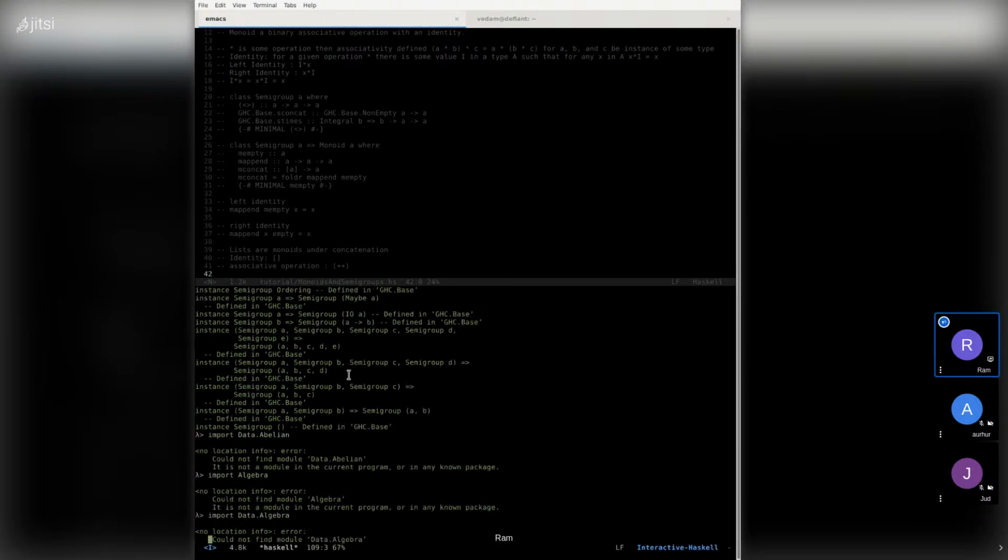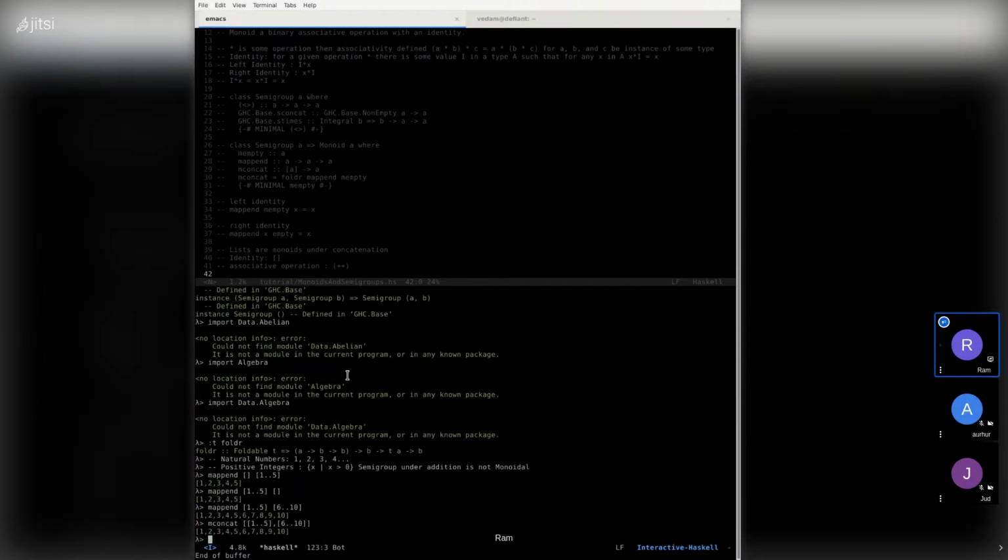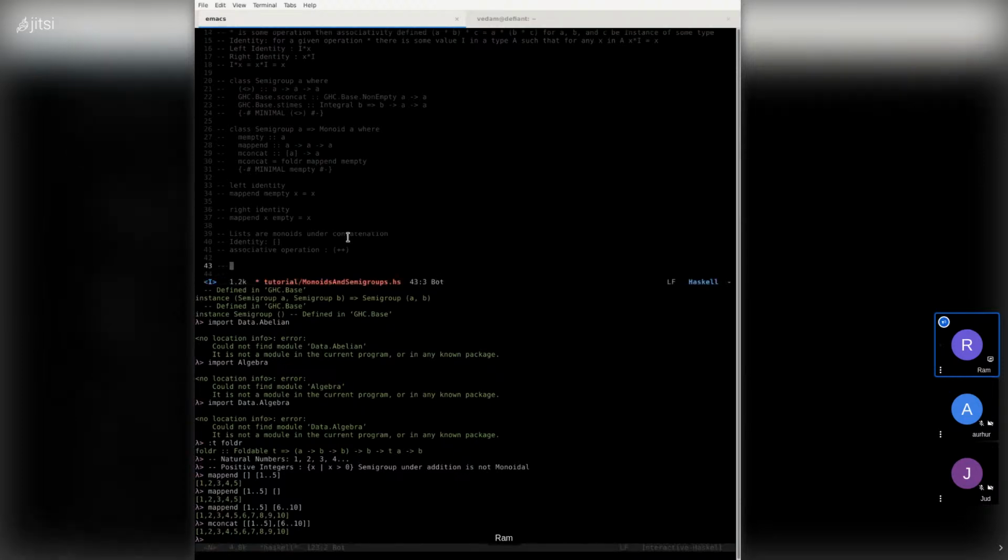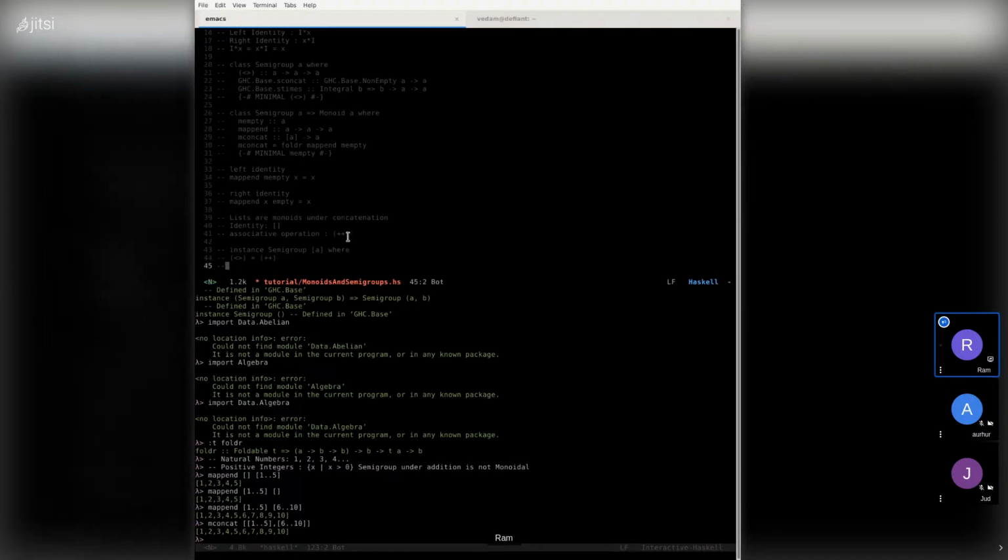I wish I knew more advanced features on how the REPL works, but essentially, a lot of definitions for lists, for their semigroups, define the associative operation, and again, this is the shorthand, the infix operator for associativity, as being plus plus. Okay, and this is just so that they made an infix here without having too much trouble.